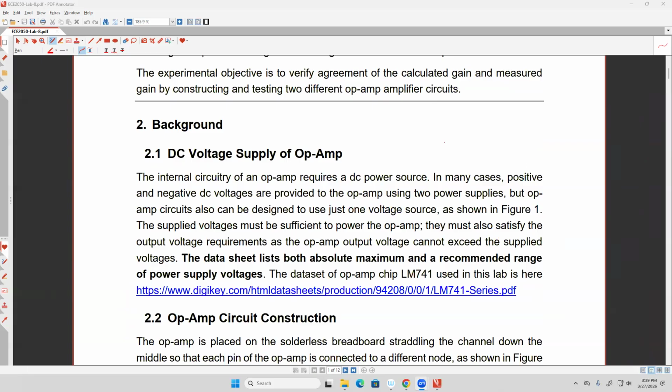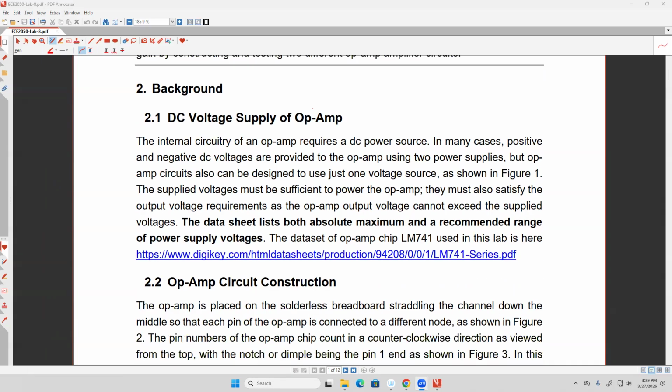What we're going to use here: number one, two power supplies. Number two, we're going to use a function generator, one channel for one input and another channel for another input. Number three, we're going to use an oscilloscope. In one circuit you need to use two channels of the scope, and for the other circuit, you need to use three channels. It's not difficult. The problem is that